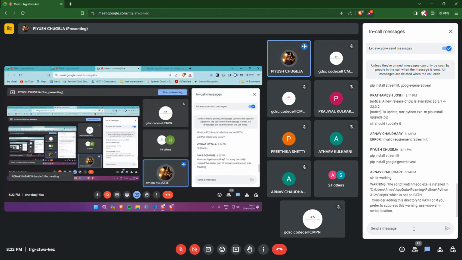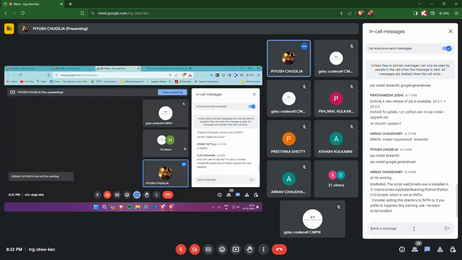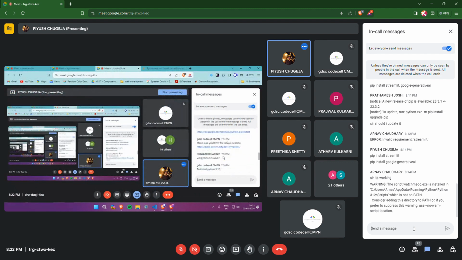No problem, Ojas. I'll just send you the link again. So here you go. Just go to this link and do not use your VS ID for the same. If you use your VS ID, the organization policies will disallow you from getting an API key from here. Use your personal ID and get an API key from this website.